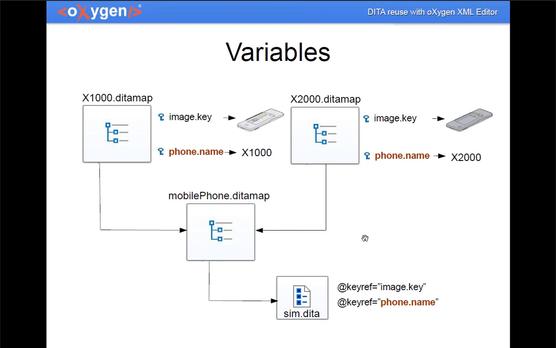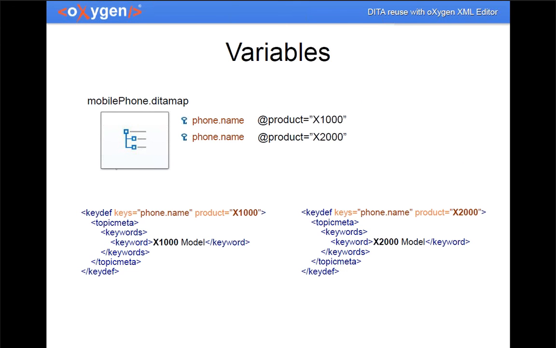Right, so one last thing that I want to mention is that I did say that keys can avoid the need for multiple conditional elements, but you can still use them together. For example, if you have just one map, to achieve our previous goal of defining a variable for the phone name, you will create two definitions for the same key and control which one is active by profiling